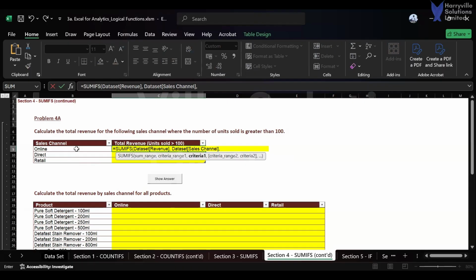And so I'm going to be starting with online first, which is on cell B9. So I can as well select from here, but I just want to use the column name, right? I want to use the column name. So